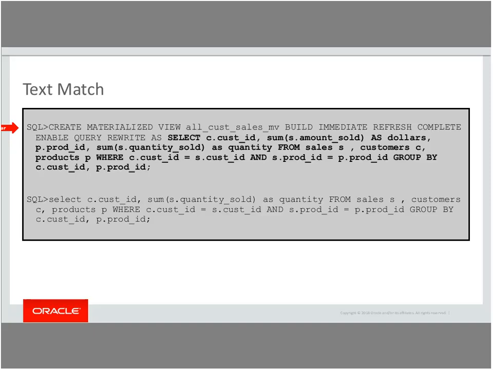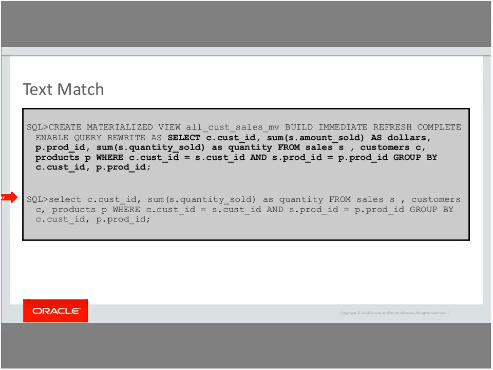Now let us have a look into the text box wherein we have created the materialized view all_cust_sales_mv. In the underlying select statement, we can see it is the same as the user select statement. The from clause and group by are exactly the same.